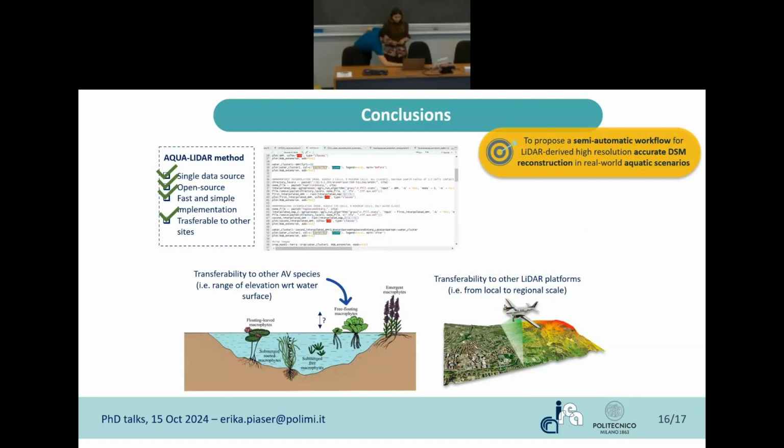To jump to the conclusion, this is my method, and it's open source software. At the moment it's very ugly, it's like this on my computer, but I plan to publish it on GitHub as soon as possible, and the idea is to provide a very simple method that could be transferable to other sites. But there are some challenges because, for example, we tested this method only on floating and emergent macrophytes that